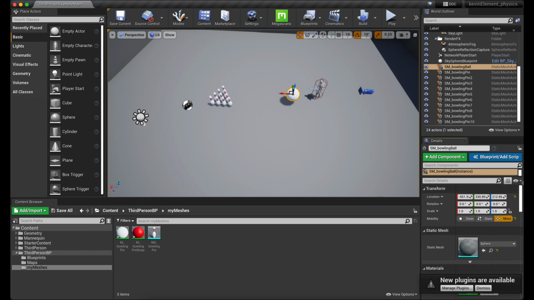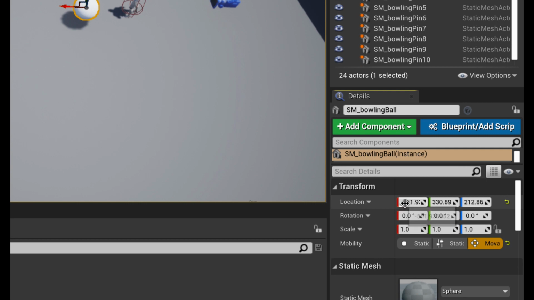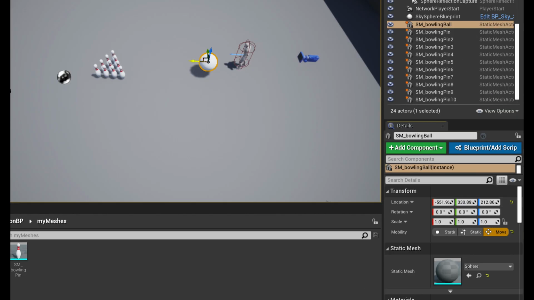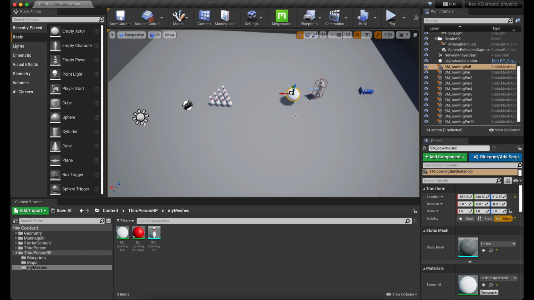We can triple check what red is down here. Click and drag. Yeah, so I'm pretty sure that's X. Cool. So that's going to be important here in a second because I want to give my bowling ball some impulse. I want it to start at the very beginning of this, shooting forward when I press the play button to hit the